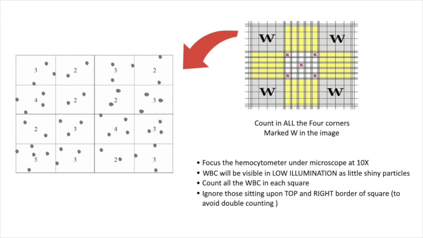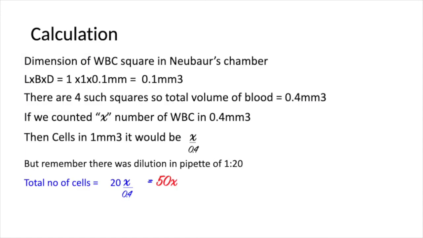Once we have arrived at the count, let us say that the total number of cells that you counted was x. Now remember, for the calculation purpose, the WBC square has 0.1 cubic millimeter of volume, and there are x number of squares in that, with 1:20 dilution, that makes it 50x. So the total number of WBC would be x into 50. The x is the number of cells that you counted in all the 64 squares.